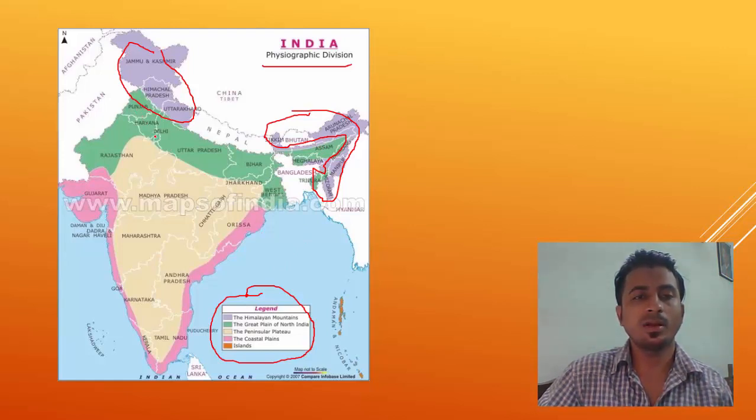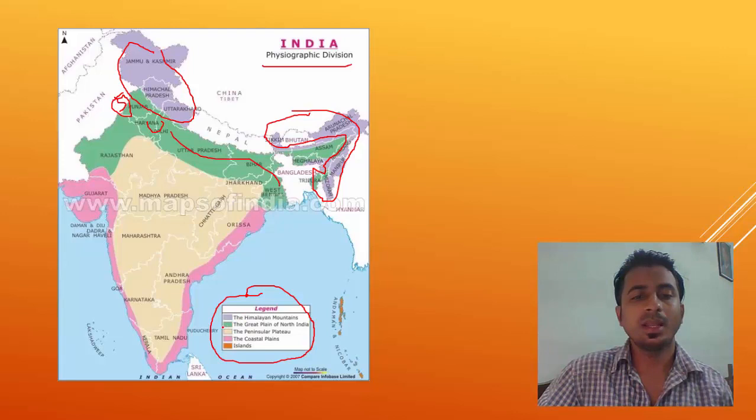Here Punjab and Haryana, and then UP, Bihar, West Bengal. So here we have Yamuna River, and in UP, Bihar, and West Bengal we have Ganga River. Okay, you know that. And Punjab is the land of five rivers. Which five rivers are those? Ravi, Beas, Satluj, Chenab, and Jhelum. Satluj, Chenab, and Jhelum are tributaries of Indus. So this is the land of five rivers. You must remember these five names.